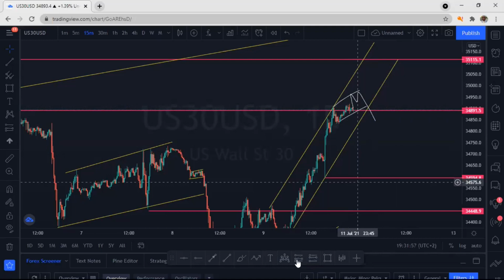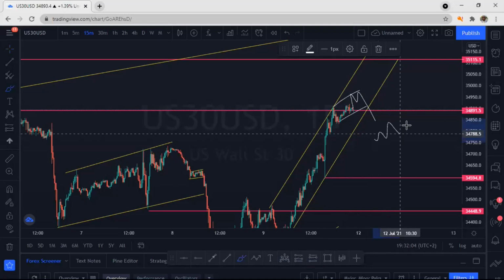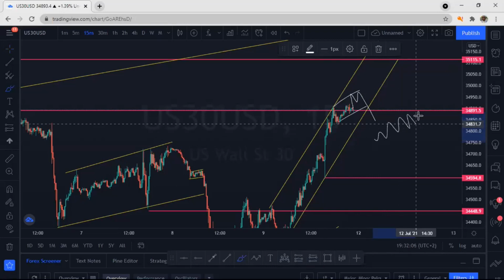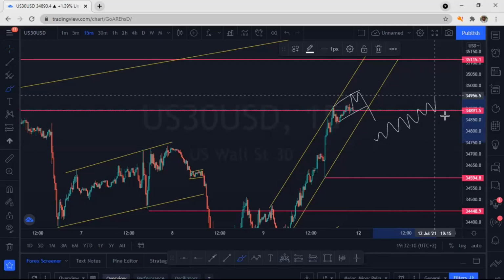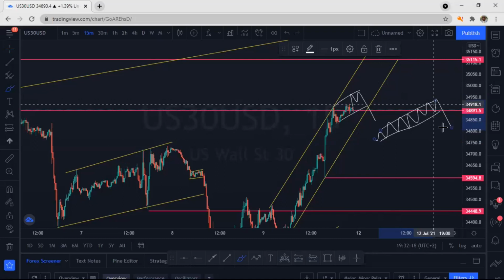If it goes up in a correction manner like this, approaching this line, you see, it goes above here and it can push down. So now you, as a trader, because this is a correction going up, are waiting for the market to break this correction. If it breaks this correction down, you know that is a sell.